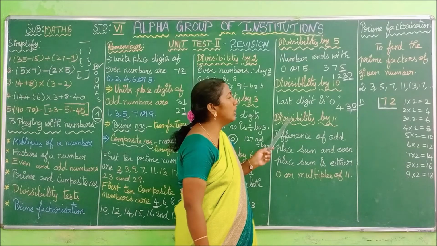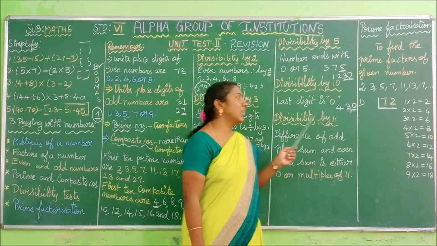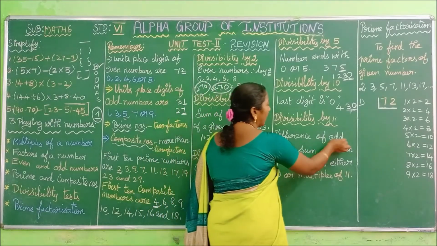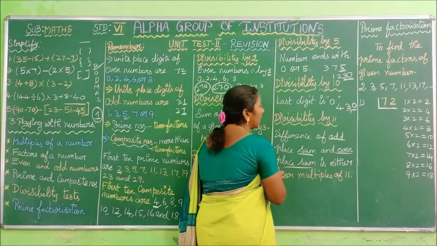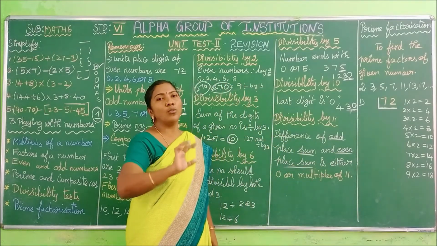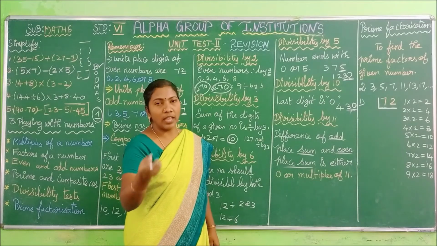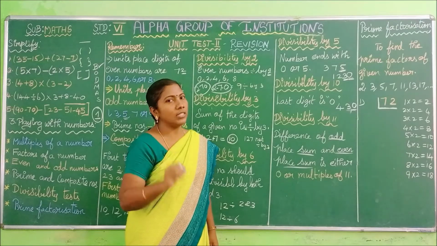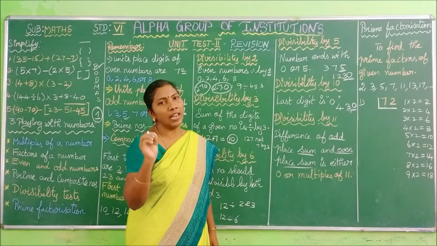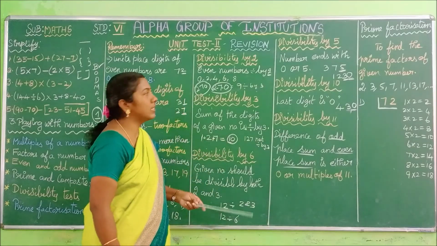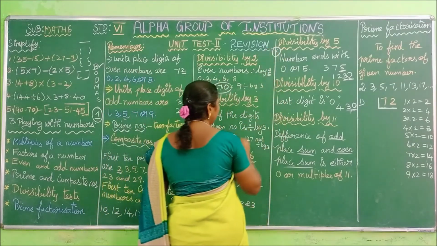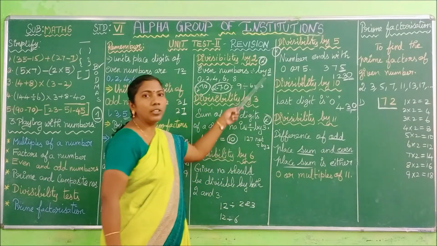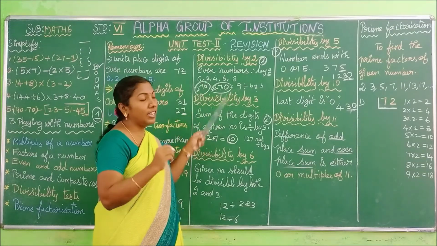Next we are going to see divisibility by 11. How can we say the given number is divisible by 11? You have to find the sum of the odd places and then the sum of the even places. You get two sums and then you have to find the difference of the two sums. If the answer is 0 or 11 or a multiple of 11, then we can say that the given number is divisible by 11. The important divisibility tests are divisibility by 5, divisibility by 3 and divisibility by 2. These are the important divisibility tests, so you have to be thorough with these 3 tests, compulsory.